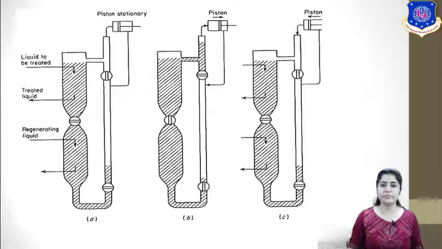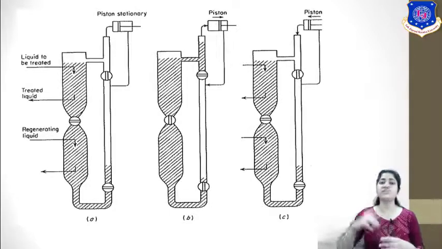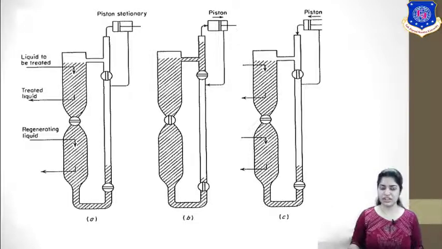Okay, the downward part is what? That is the regeneration, and you can see the piston pump is there. So once your liquid has been introduced, adsorption occurs, then the piston pump starts to work, which recirculates both your solid and liquid throughout the bed. Okay, so this way the whole cycle is achieved.